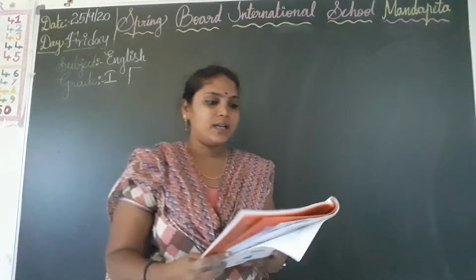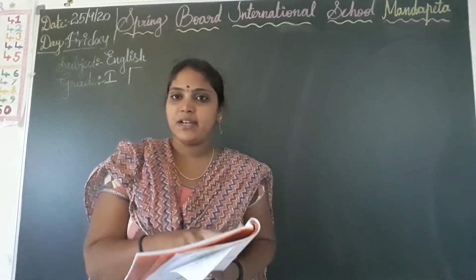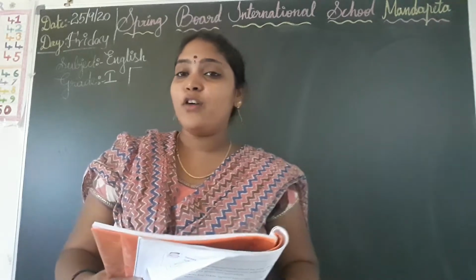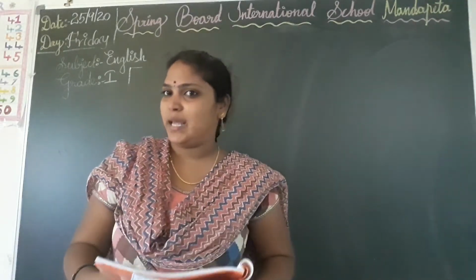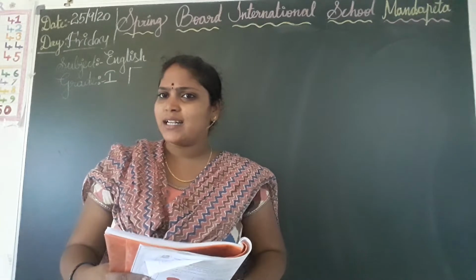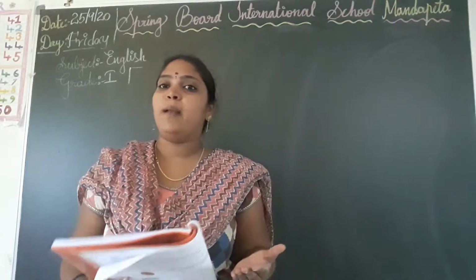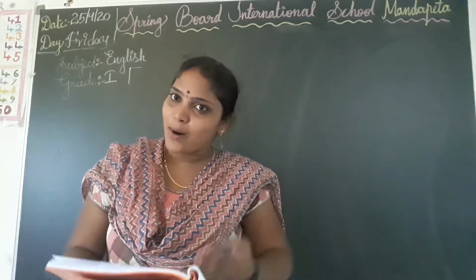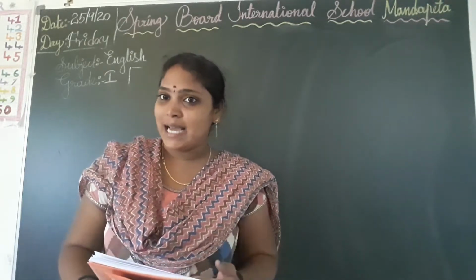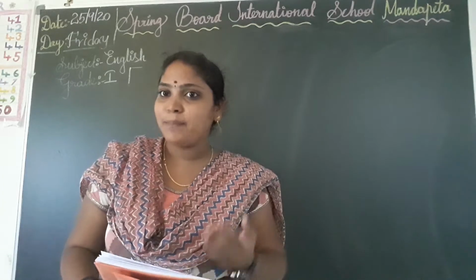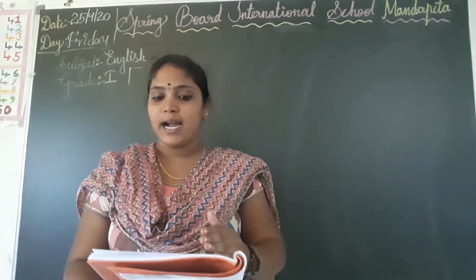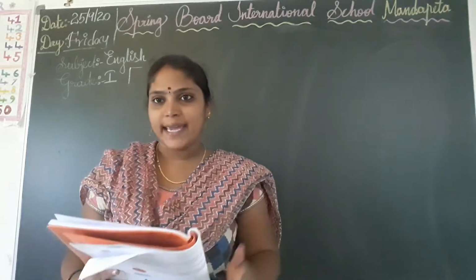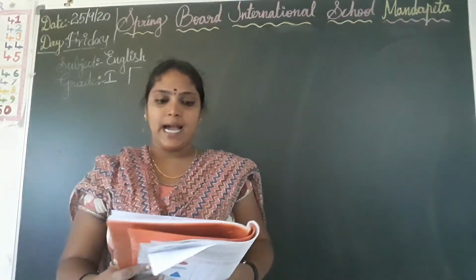Okay, so the next one. So here is given one statement. Listen carefully everyone, children. Objects move in different ways when we place them on a slope. Is it correct or not? Yes, when we place an object on a slope, some objects roll, like a ball rolls, and some objects slide, like a pencil box slides, and some objects roll and slide. Yes, a birthday cap rolls and slides.